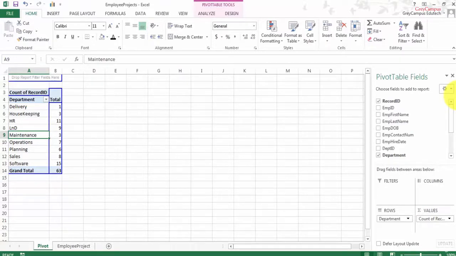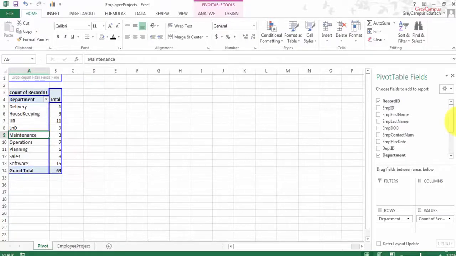So we will now see how we actually use this pivot to quickly analyze some data and see how to make something called cross tab pivots. So let's take an example that we want to display data of department, but we want to segregate it based on project, like how many people are working per project.